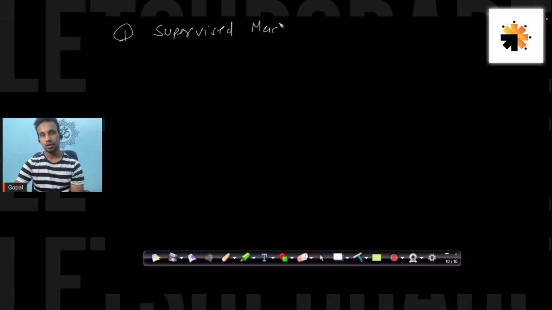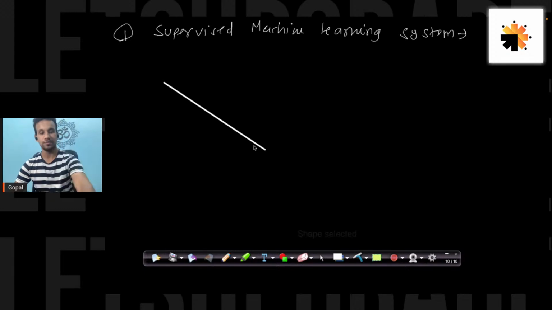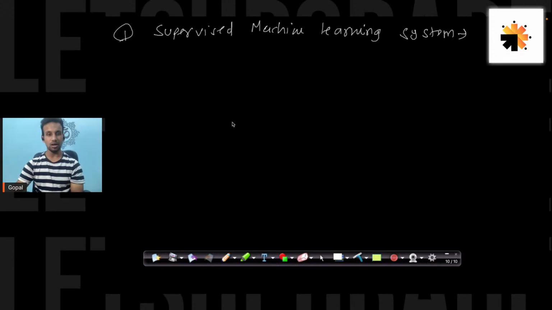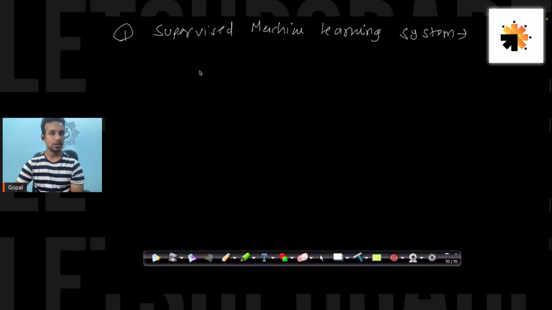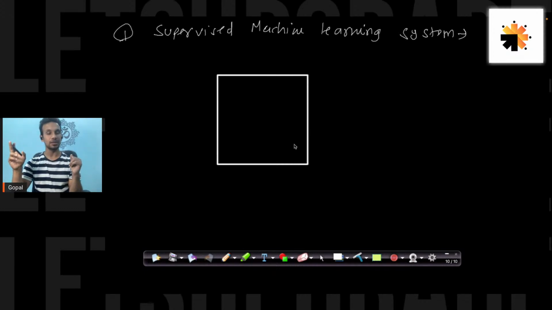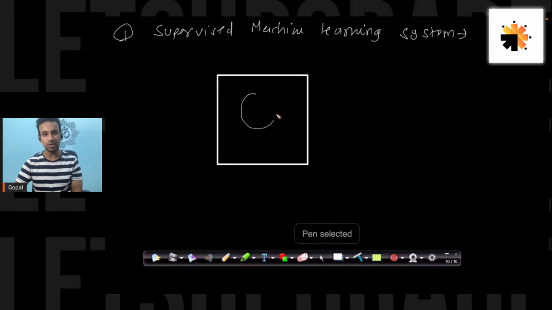I briefly explained the task of determining between two images, whether the image is of a dog or of a cat. In that case, you had that funny looking cat here.